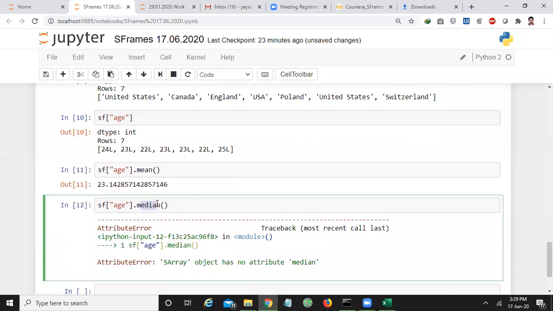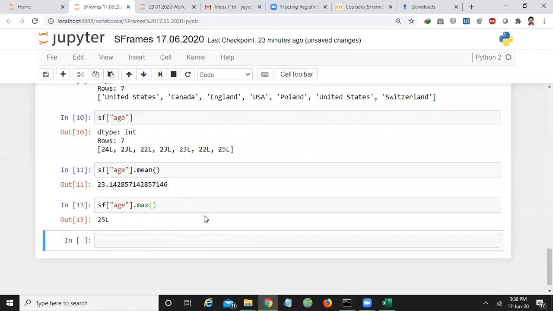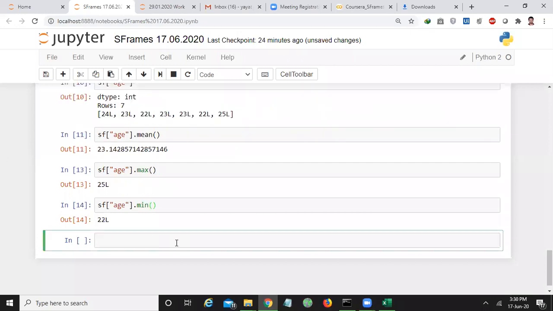Let us find the maximum value. That is 25. And I want to identify the minimum age, that is 22.